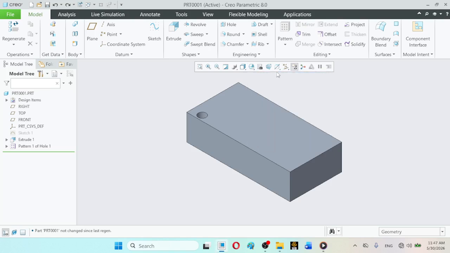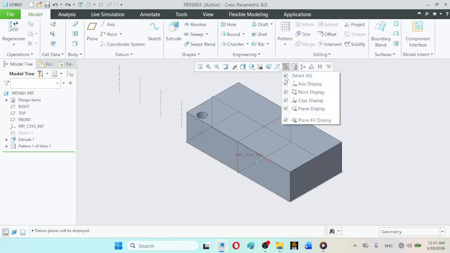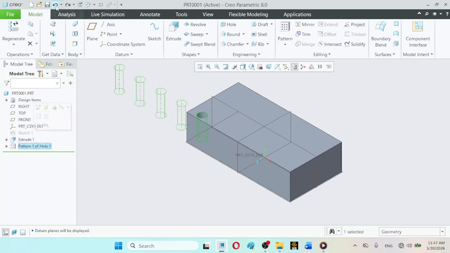Here, if we show all the datum filters like this, the datum axis has to be defined.